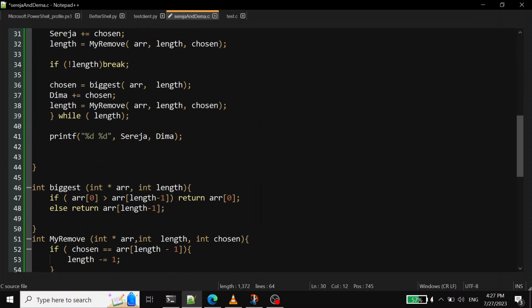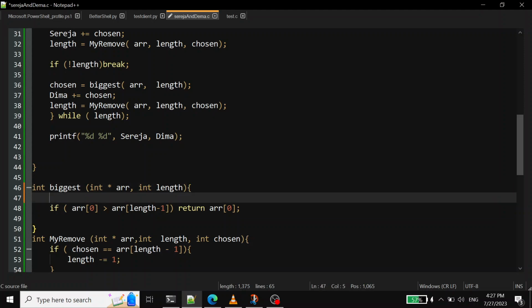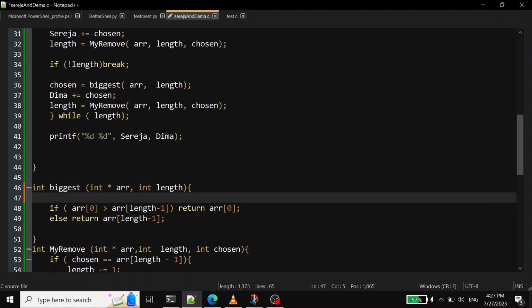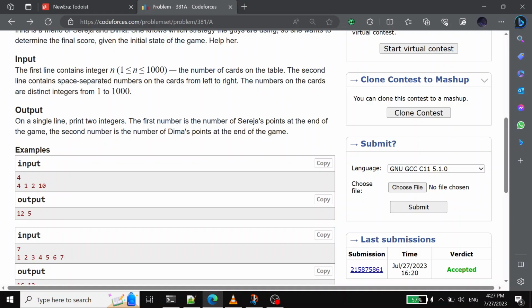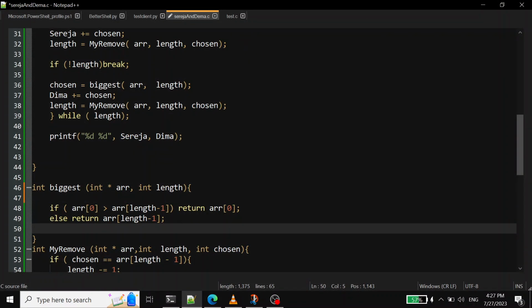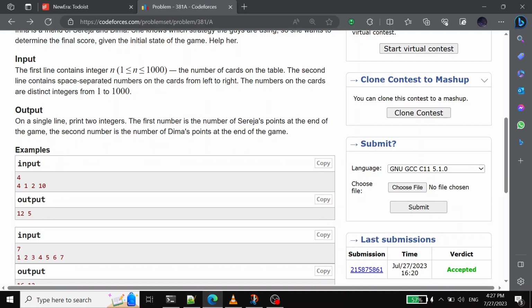It will just take an array and will take the length, and if the first element in the array is bigger than the last member, it will return it. So just like here, it will see 4 is bigger than 10, no, so return 10, else return the other one. So this is just simple, just compare these two and these two,